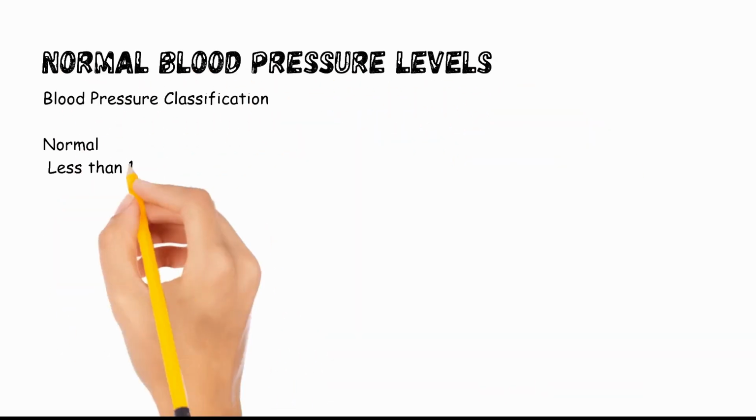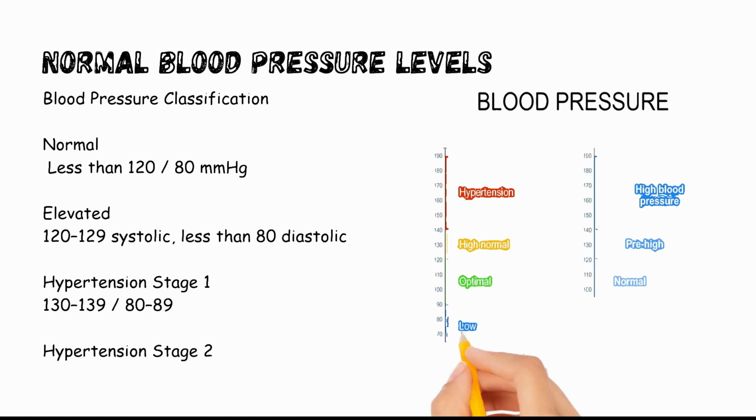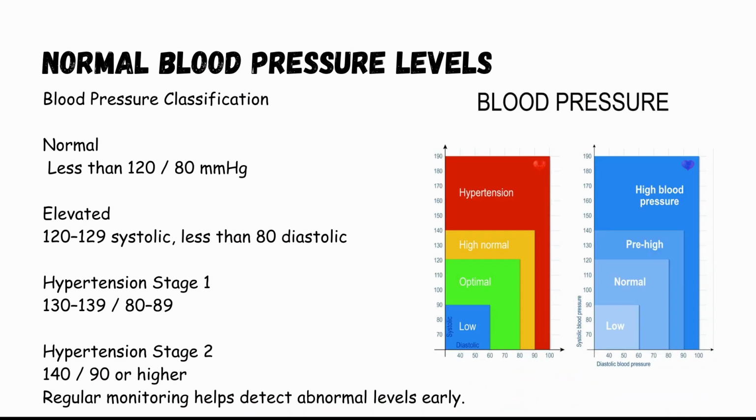Blood pressure levels are classified into different categories. A normal blood pressure reading is typically less than 120 over 80 millimeters of mercury. When the systolic pressure is between 120 and 129, but the diastolic pressure is still below 80, the condition is considered elevated blood pressure. Stage 1 hypertension occurs when the systolic pressure is between 130 and 139